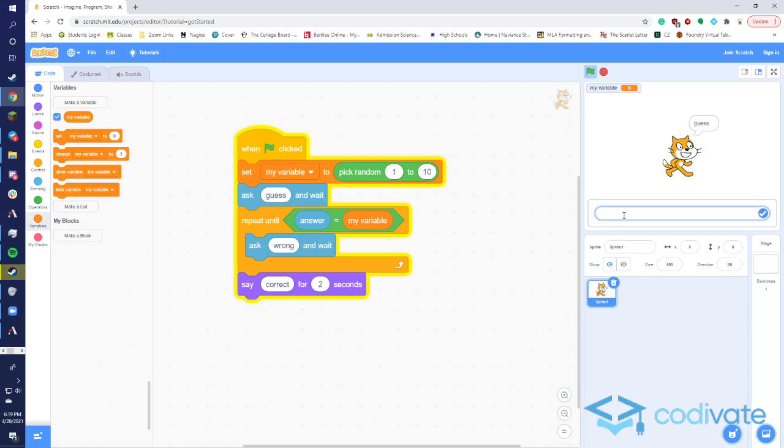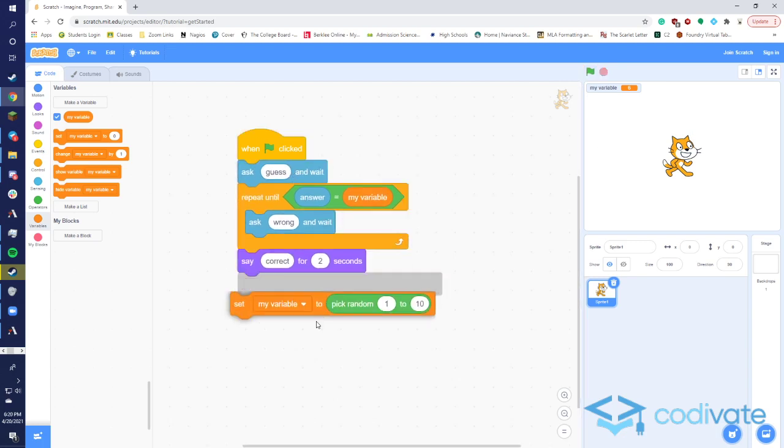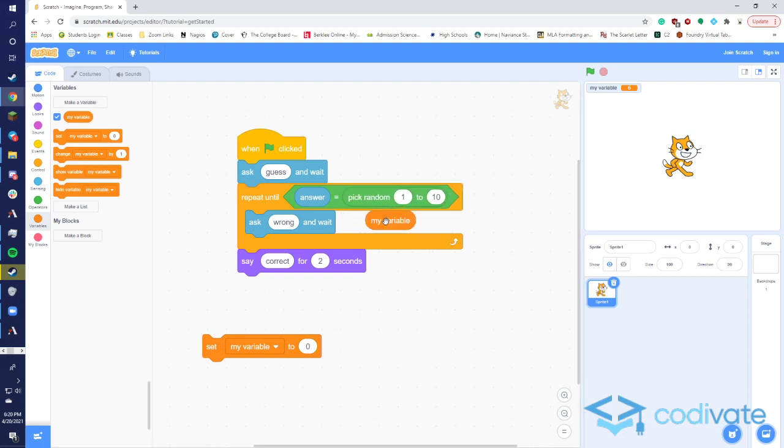And let's say I guess 5. It says wrong, and I'm guessing again. The value is still 6. I guess 6. I'm correct. Now let's not use the variable. Let's just put our random right here, right? We're picking a random number anyway. It shouldn't matter. If I do this,